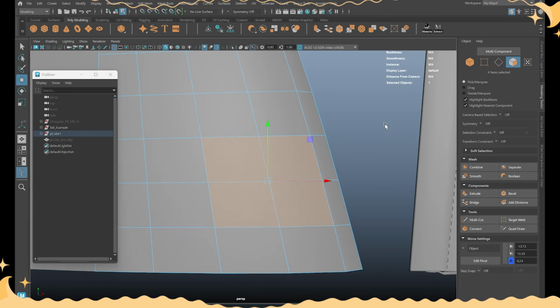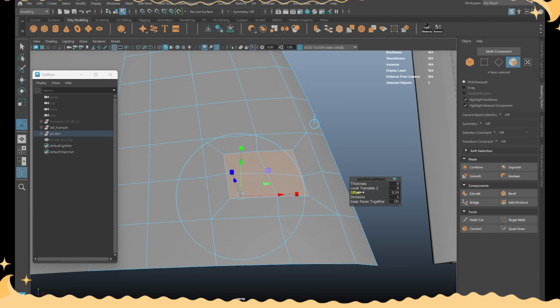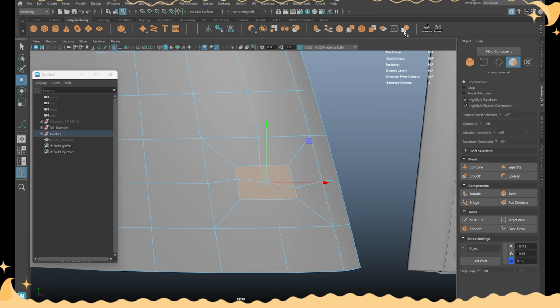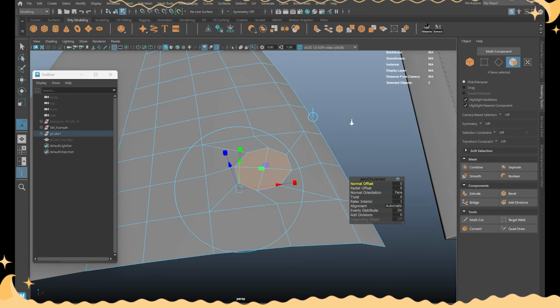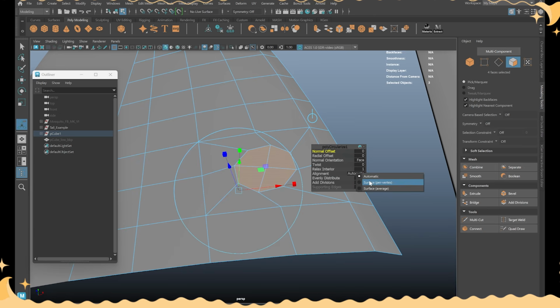So I'm just going to select those, and then I'm going to go ahead and do an extrude. And I'm just going to adjust the offset roughly to the size we want the circle to be, or at least make it smaller. Then I'm going to select the circularize tool from the top of the poly modeling shelf. And this little window will appear, and in these settings I'm going to change the alignment from automatic to surface